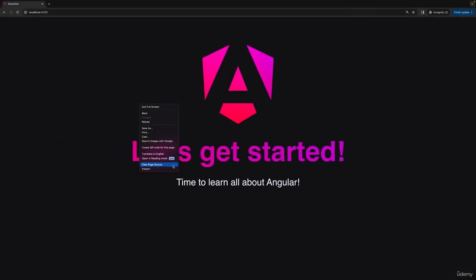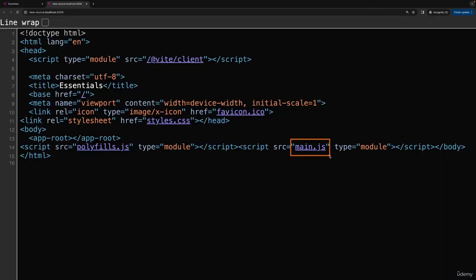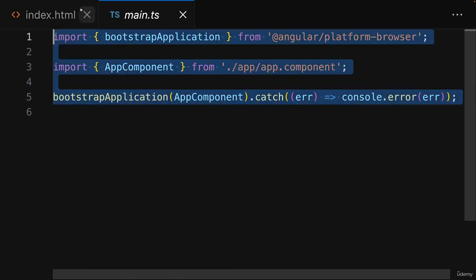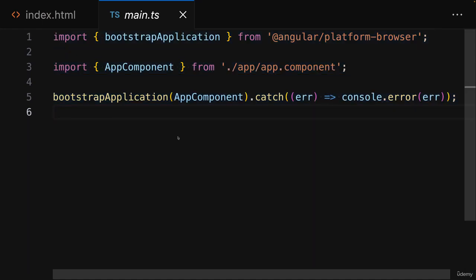That's why in that source code we actually find .js files being imported here, because TypeScript wouldn't run in the browser. So it's this compiled code that's being executed. And this code does one important thing. It executes a function provided by the Angular package, the bootstrap application function, and this function in the end wants